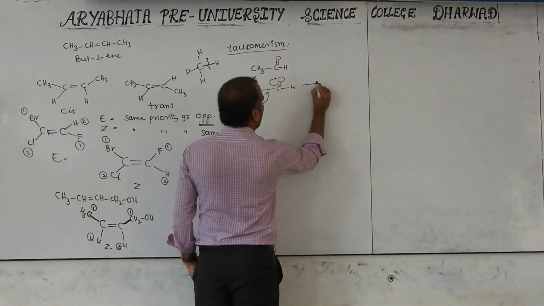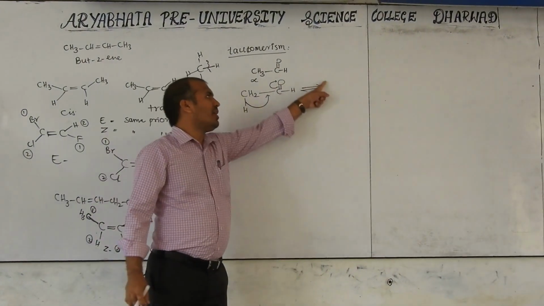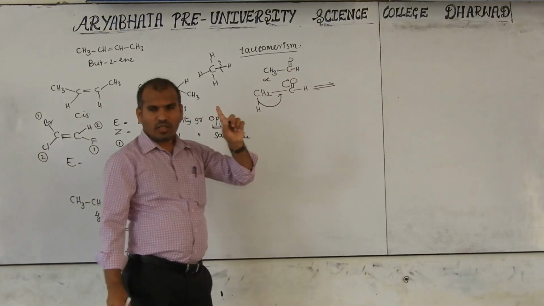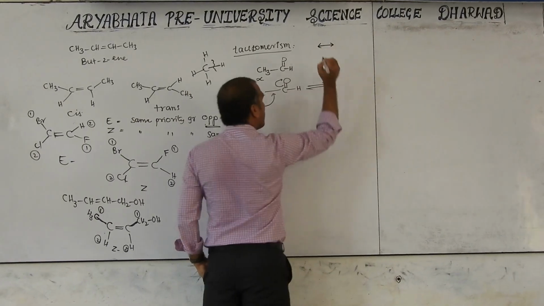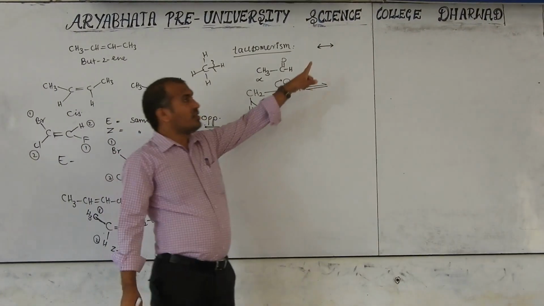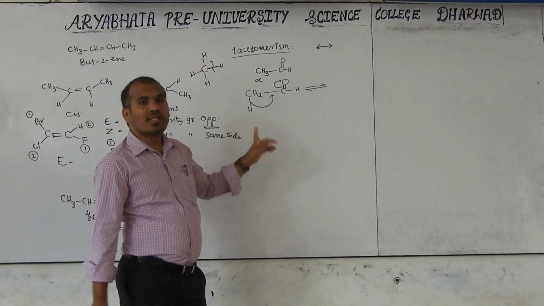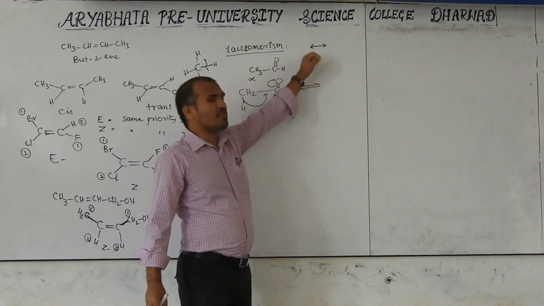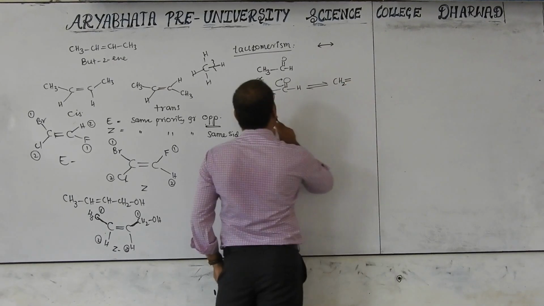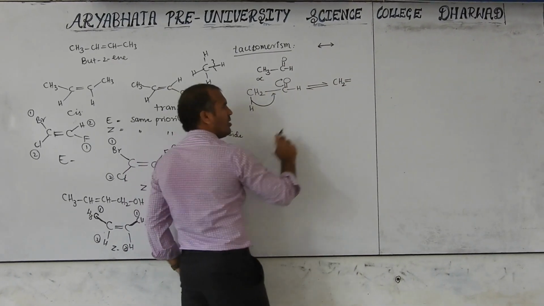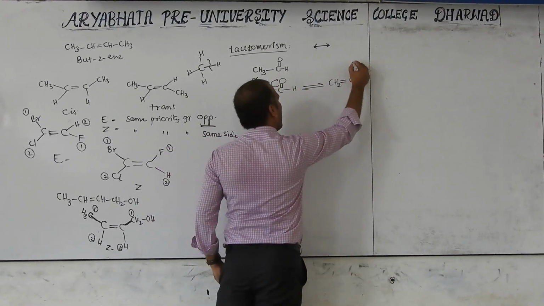Then we will get here, keep in mind, ketone-enol tautomerism always has the equilibrium symbol. This is the resonance symbol, don't confuse them. The resonance symbol is a both-side arrow. This is resonance, this is equilibrium. The equilibrium symbol is the one showing tautomerism. This is the resonance. Okay. Now carefully write down CH2 double bond CH2, this bond comes here, double bond, and this is CH. There is already a CH. O and H will form OH.